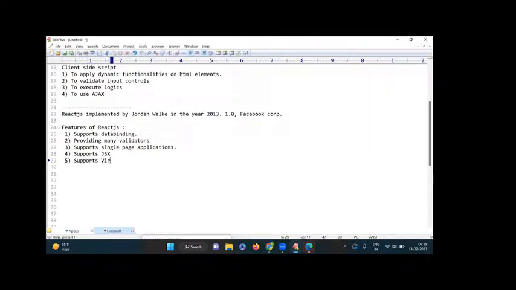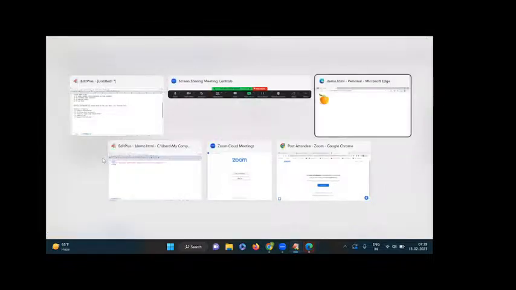Supports virtual DOM. Yes. This is one more very important concept. What is virtual DOM? This concept also is not available in other technologies like Angular, Backbone JS, etc. What is the benefit of virtual DOM? Why are we using this virtual DOM? We are discussing that concept. Fine. I will show you one diagram related to this concept. Okay, now here,